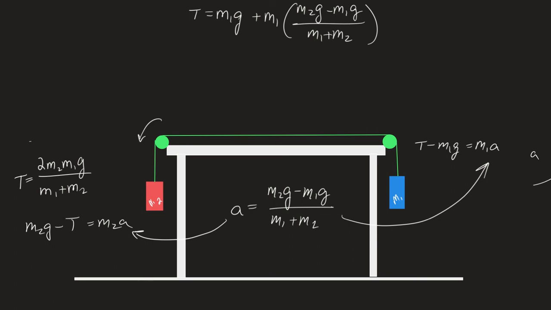So get common denominators and add. This is a mess. Do some math and simplify it. You've been taught techniques for simplification. Use them. I would recommend that you get the common denominator of m1 plus m2, which means m1 plus m2 divided by m1 plus m2 times m1g plus, let's go ahead and distribute, m1 m2g minus